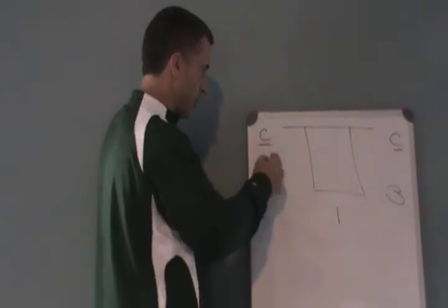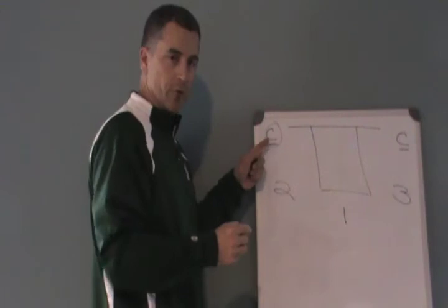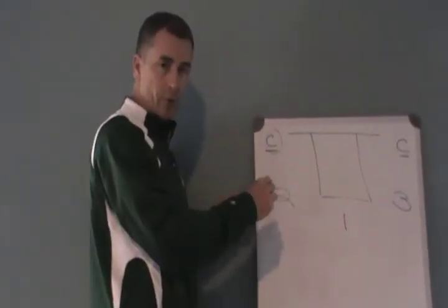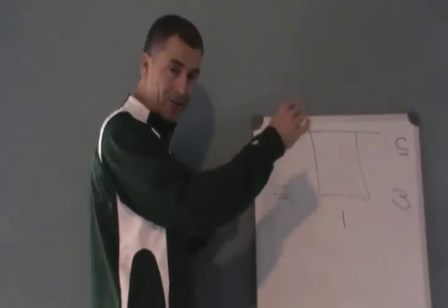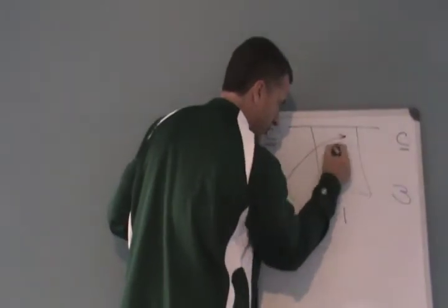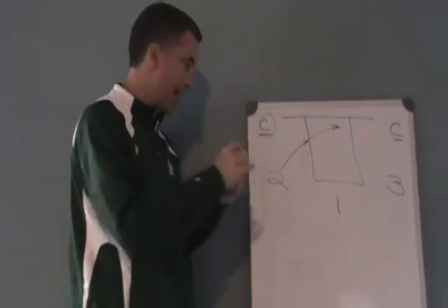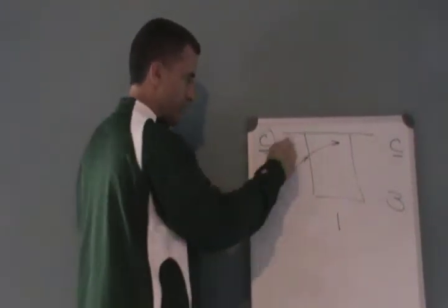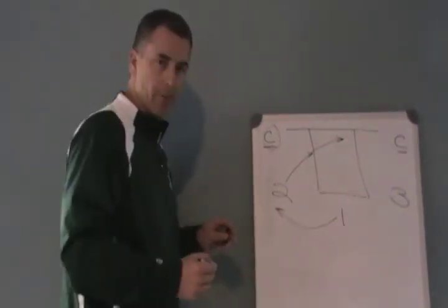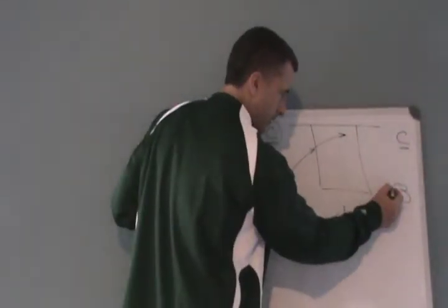So in this example, if 2 passes to the coach here in the corner, and we'll put a circle around the coach to show that he has the ball, 2 can make what we showed on the video too, a basket cut, which means he or she is just going to cut right to the basket with their hands up and look for the ball back from the coach. If 2 doesn't get it, 1 can replace right over here, just right where 2 was,